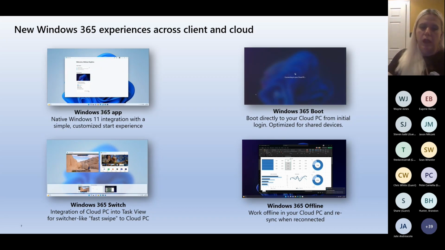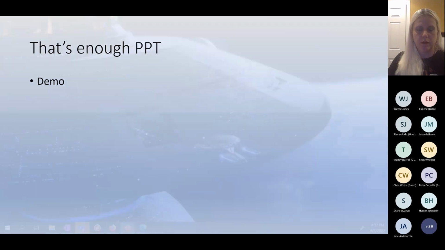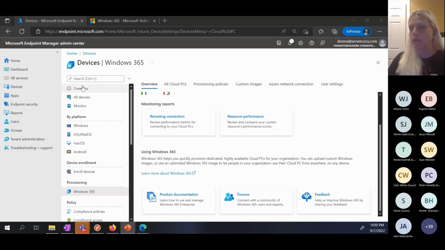So I'm sure everyone is already tired of looking at slides, because I am. So that's enough PowerPoint. I've got some more slides when we get into the Graph and the PowerShell stuff. But at this point, I think you really want to actually see how this thing works. And so I'm just going to go ahead and minimize this. Just to end the slideshow.